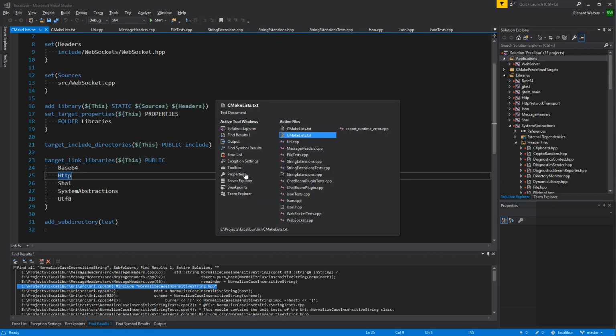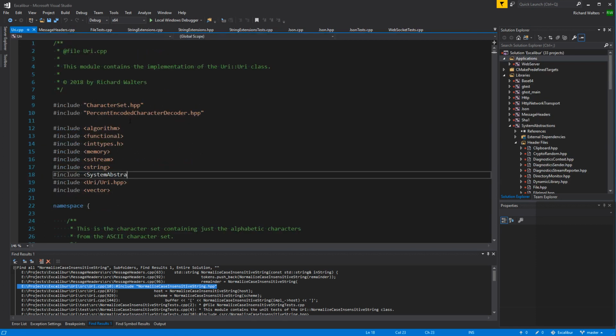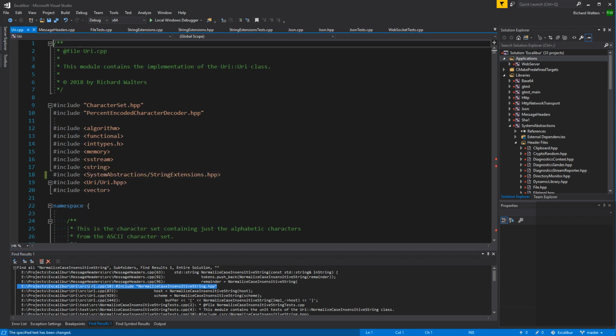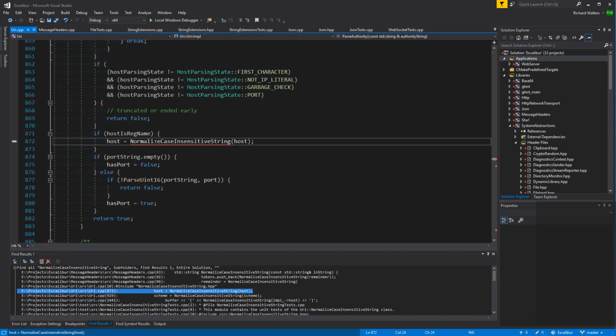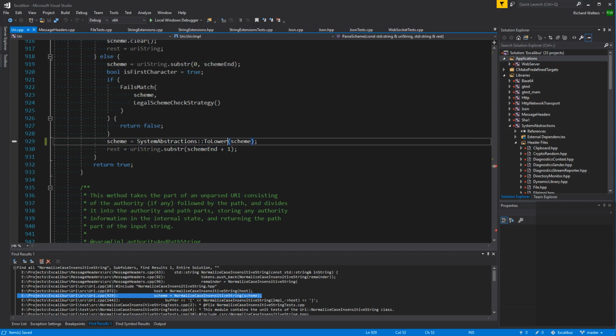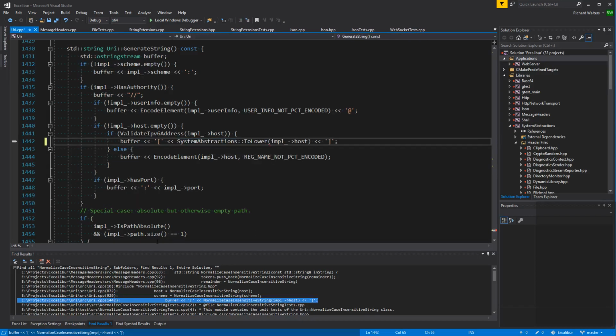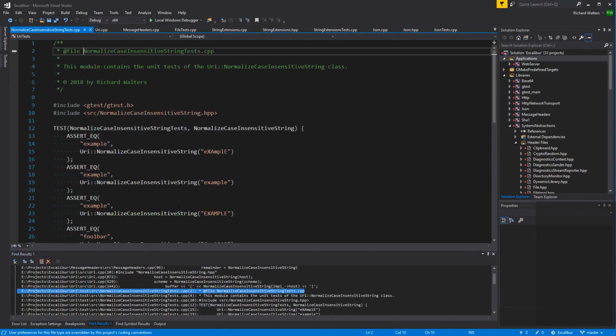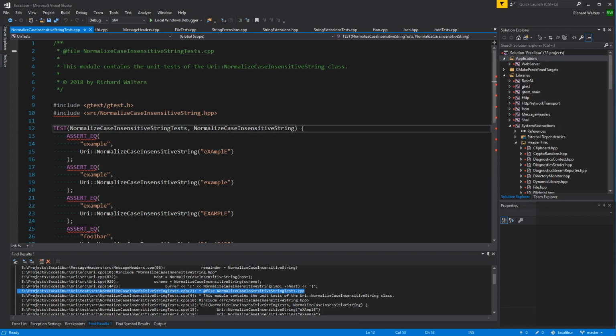Okay. Don't need these open anymore. System abstractions, string extensions is now system abstractions toLower. Okay, actually, we don't need this test anymore either, do we?